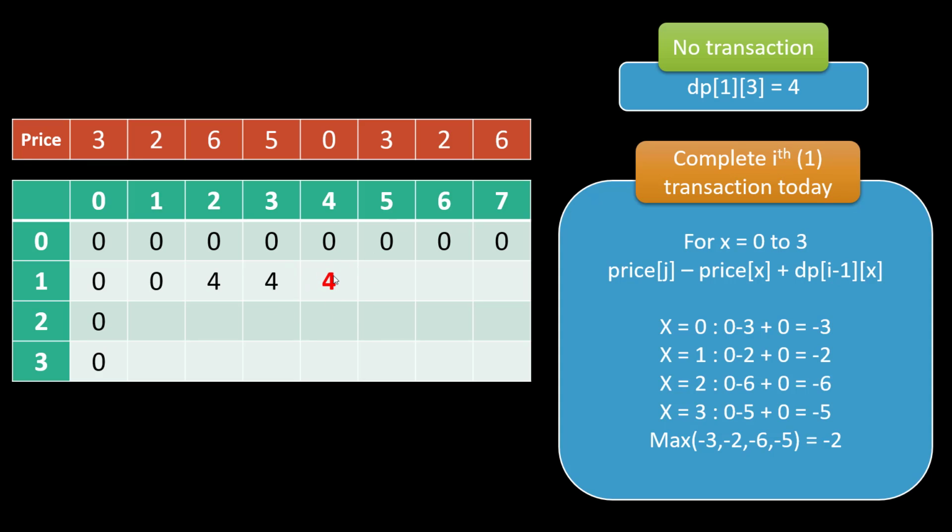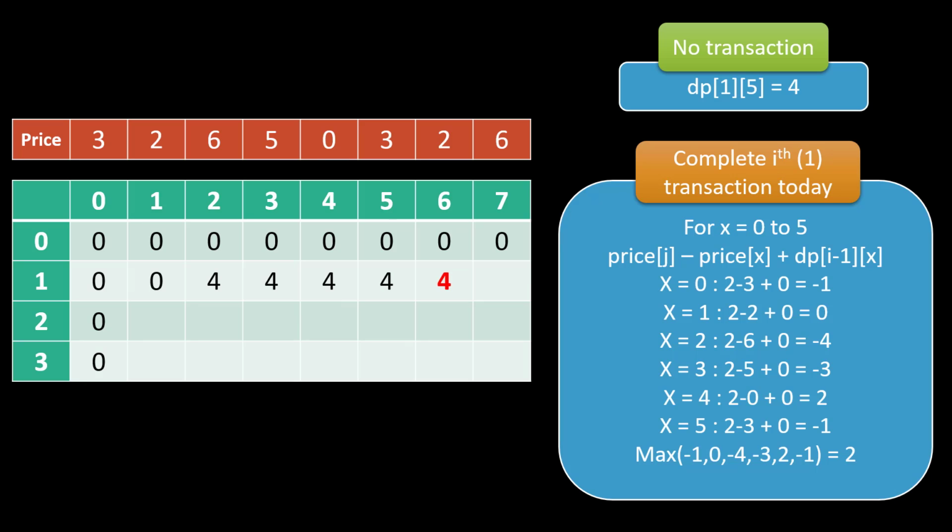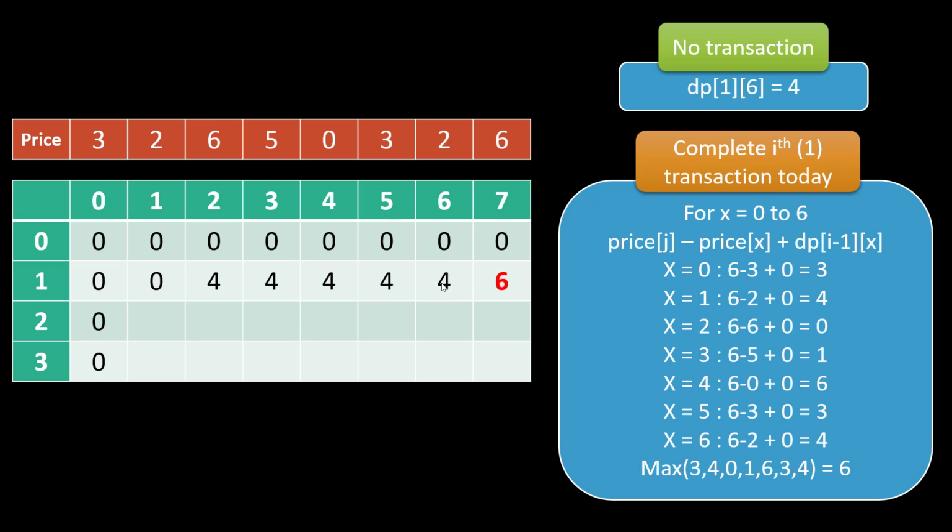I'll suggest you to do a dry run of all the columns for this row over here and tally it with the result that I am showing you on screen. So this is the calculation over here. Moving ahead, again the profit is 4 on day 5 as well. When you move ahead, the profit still remains 4, and when you move to the last position, the profit changes,